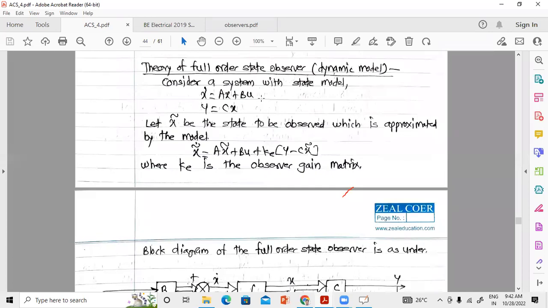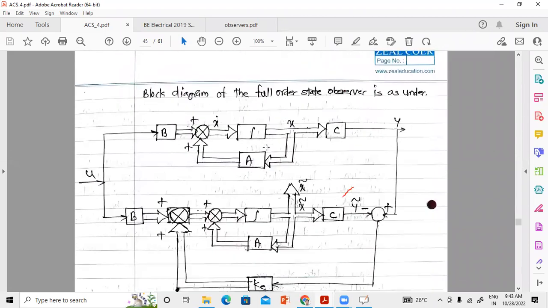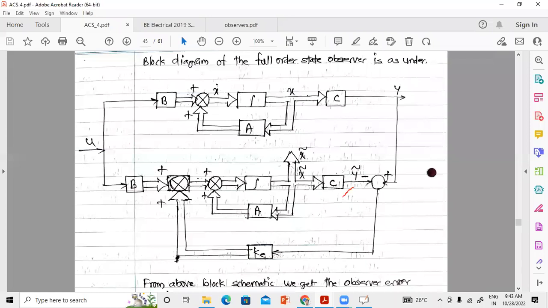So we have x dot is equal to ax plus bu, y is equal to cx. This is what we have. X tilde, here instead of cap they have written tilde. X tilde is the state to be observed, which is approximated by the model. X tilde dot is equal to ax tilde plus bu plus ke, here it is represented as ke instead of L, times y minus cx tilde, where ke is the observer gain matrix. And this is the complete